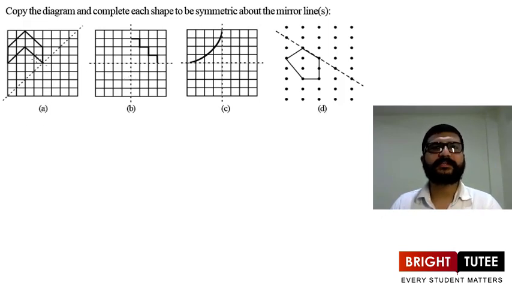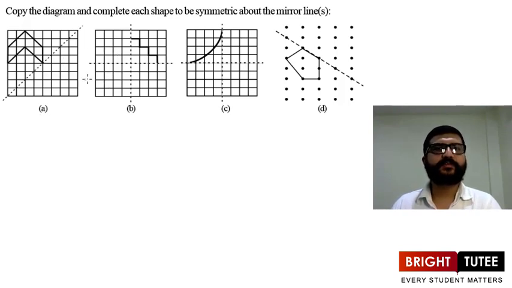So what we can do for this, we can draw an exact copy of this on a piece of paper. We have to do this question using an activity. We can draw the same copy of this image on a piece of paper, and then we have to draw the dotted line as well. And then we will fold this figure along the dotted line, and then we are going to draw the same shape which is drawn here. So that will give us the complete figure in which this dotted line will be the line of symmetry or mirror line. So we can do this by activity.